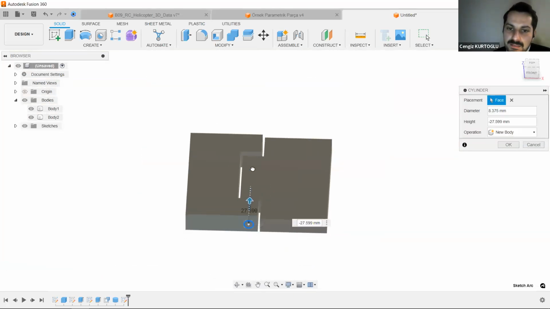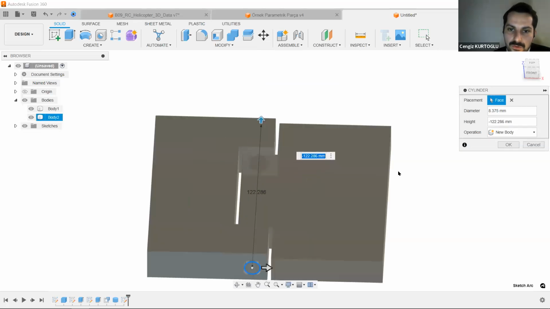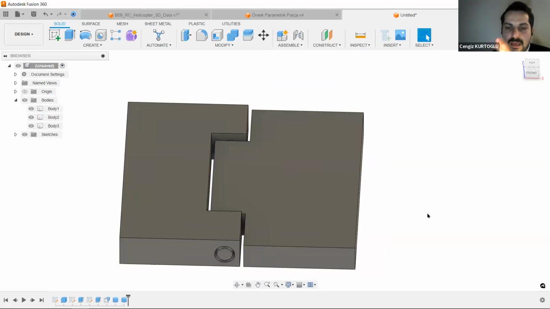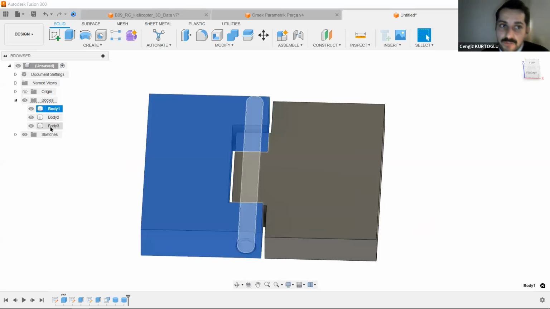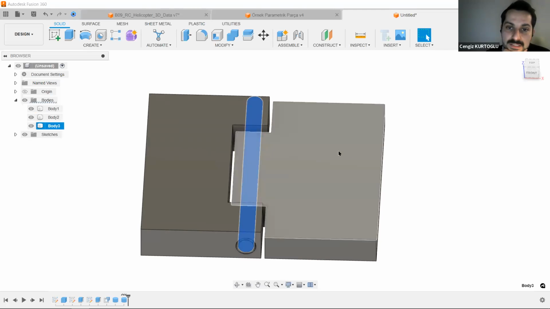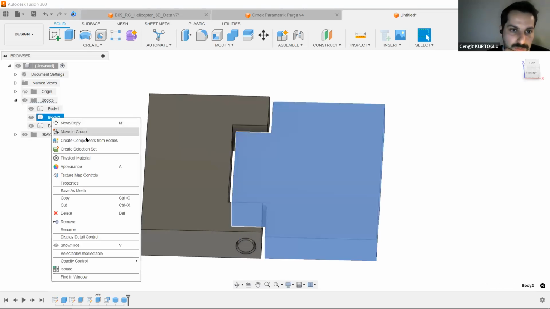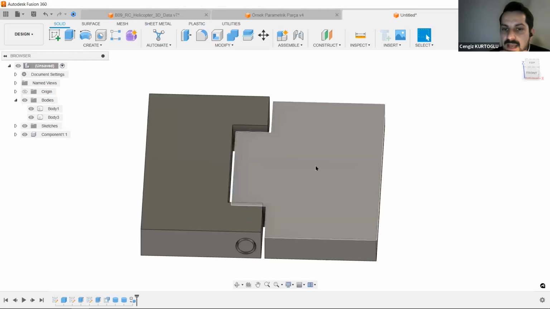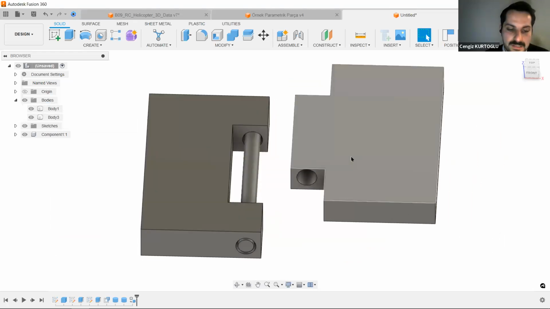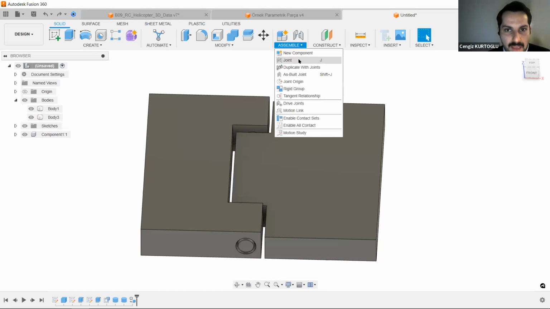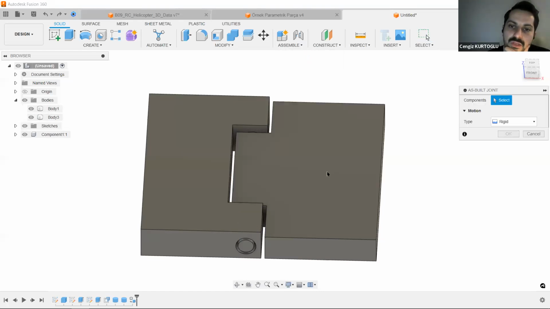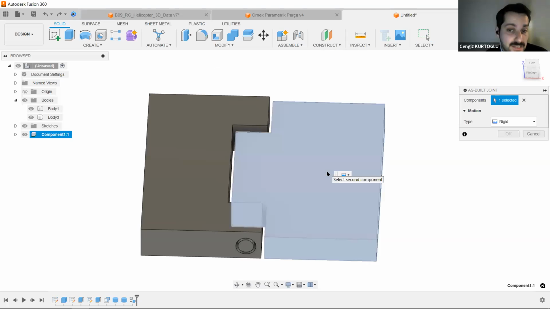Now I'm adding some pin for these parts, hit the OK button. So it's a very, very quick explanation about the hinge. Normally there are two different bodies. I just want to create components from these parts, body 2, create components from bodies, and now I can move these parts. So if you hit as-built joint or assemble joint, you can start to assign